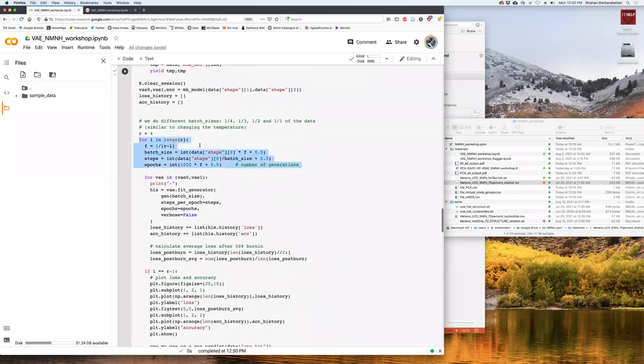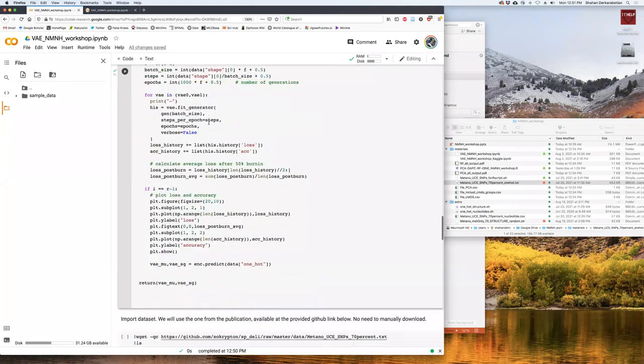right here. Batch size is something you can adjust as well. We test multiple batch sizes. This is how much of the data to subsample when it's working through the VAE. Epochs are equivalent to generations. So I have 1,000. It seems to work fine. One thing I'll note is that all these parameters, we didn't just pick the best one for this data set. We had 5 or 6 different data sets, in addition to a set of simulated data sets, where we found the best set of variables across those. I showed you some Pilioni stuff, there was some lizard stuff, and of course, simulated data. So these should work for the majority of data sets you attempt this with.